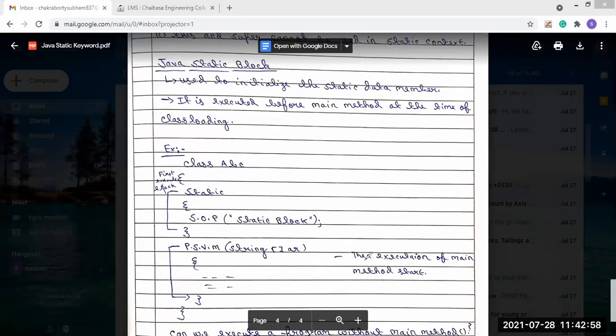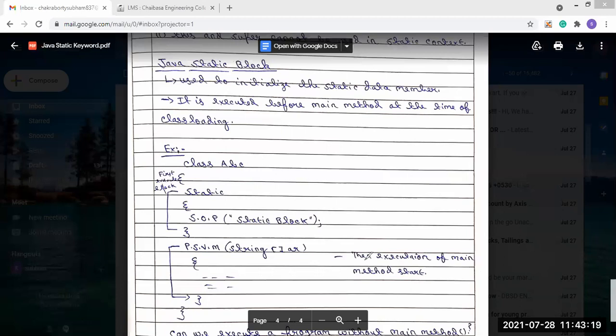Without the main method also, we can run the program, but with a Java static block, and the JDK version should be before 1.7, because after that we cannot do it.